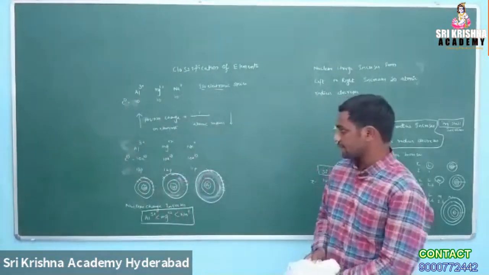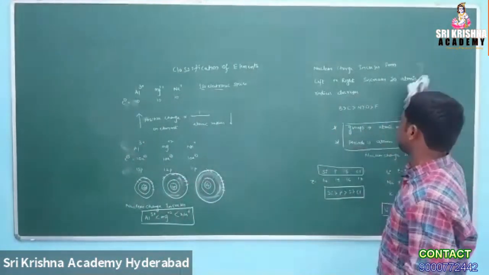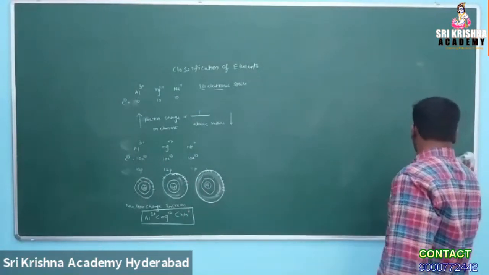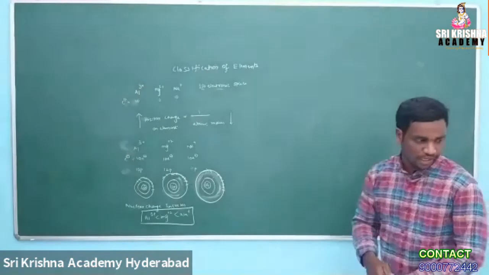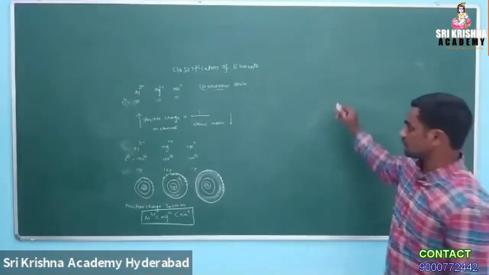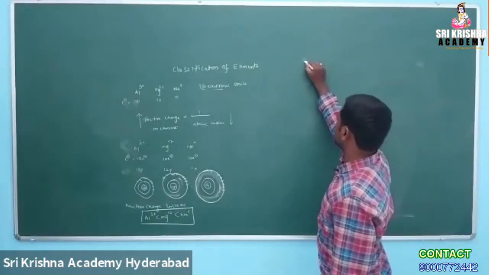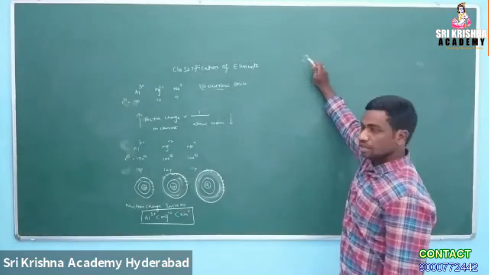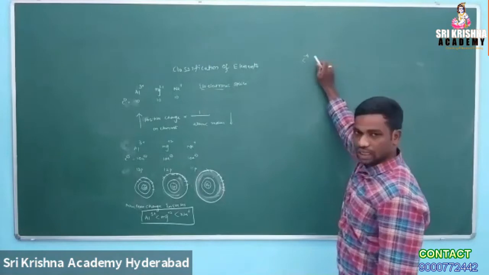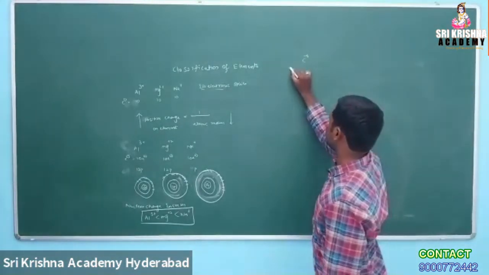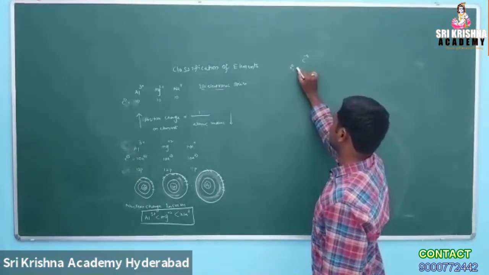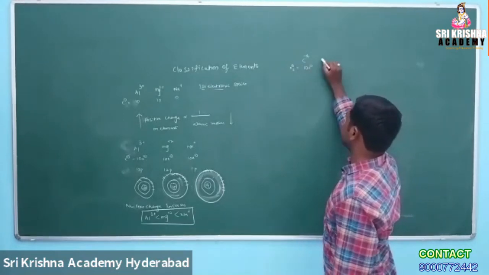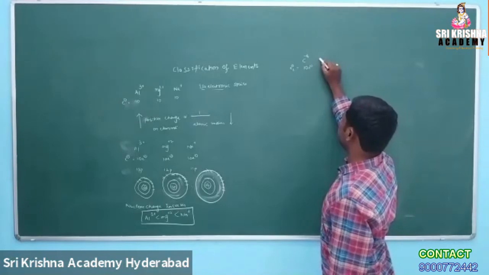These are also called isoelectronic species, that is cations. Positive charge is present, that is cations. If any negative charge is there, it is a negatively charged species. Suppose I am taking negatively charged C4-. Carbon atomic number is 6; writing minus 4 means adding 4 electrons. So the number of electrons in C4- is 10. Next, after carbon, nitrogen.